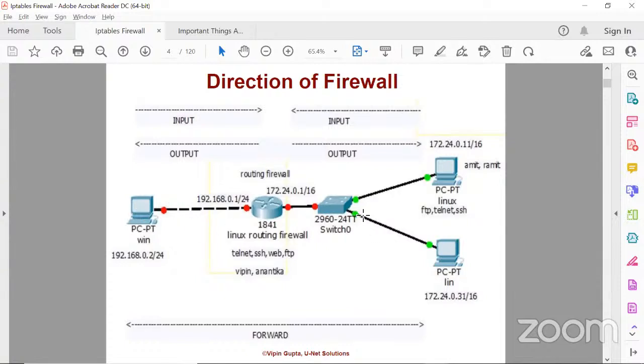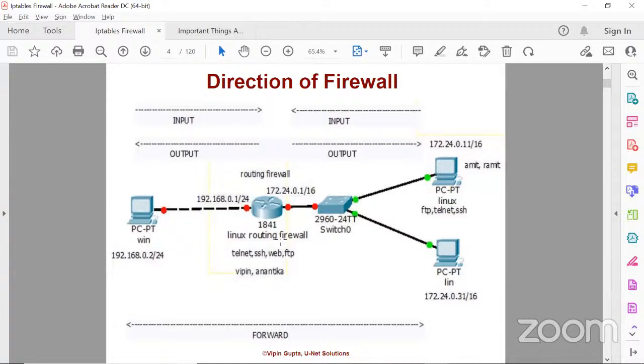Then we want a third task. In the third task, what do we want? Nobody should be able to access this system or this firewall. Sometimes when your organization is under attack, we want to block the traffic from everyone, and that is going to be the third case. Now, the fourth case, first I am going to discuss, then I will show a practical implementation of all these 4 cases.